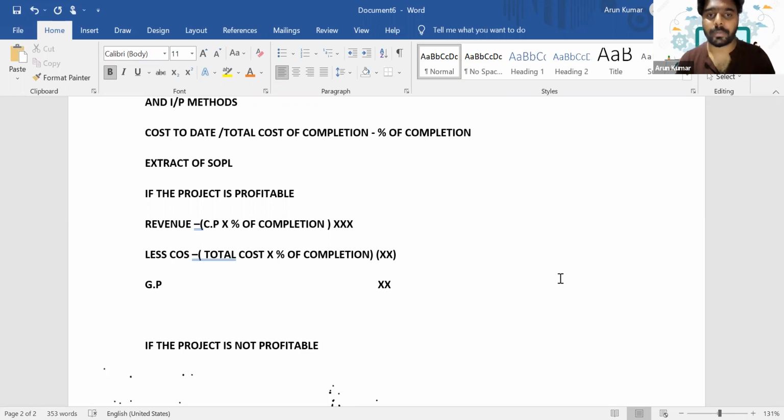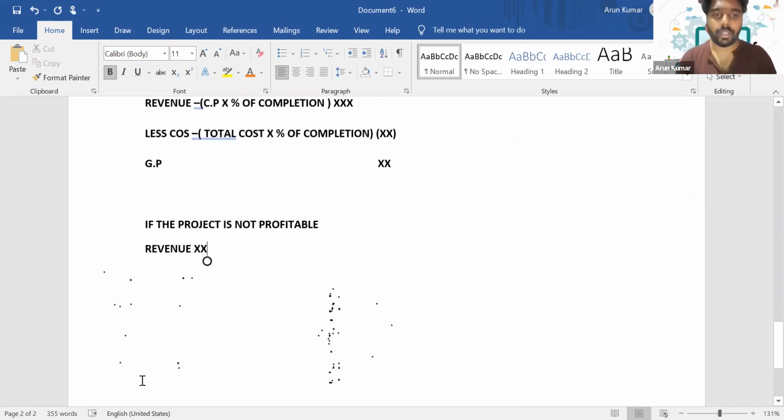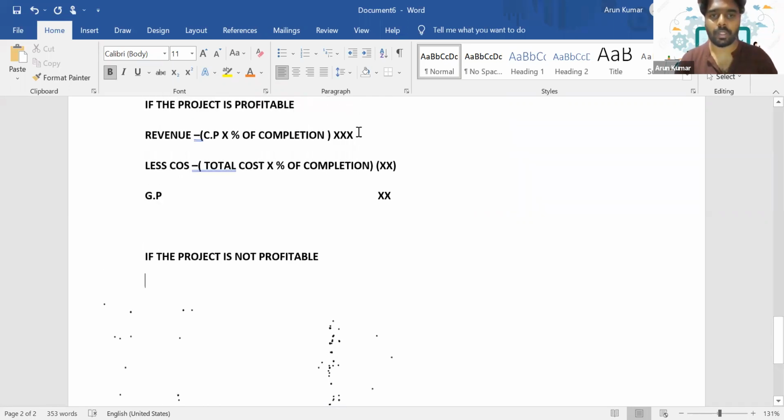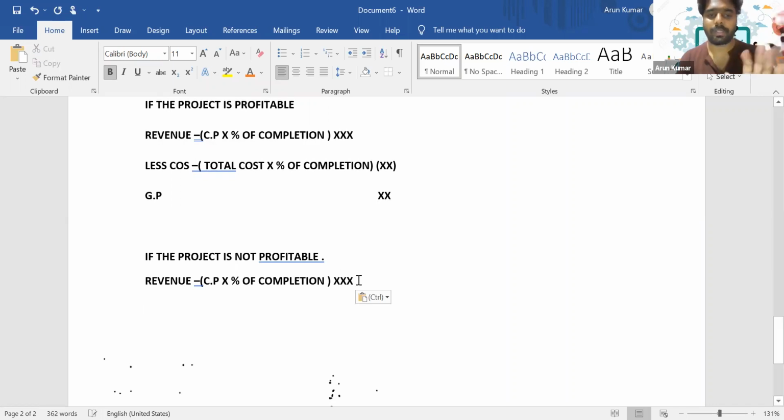Can you reply in the chat? The revenue will be accounted as we have seen earlier. The step for revenue will be the same, that is contract price into percentage of completion, but the cost of sales will be a balancing figure,